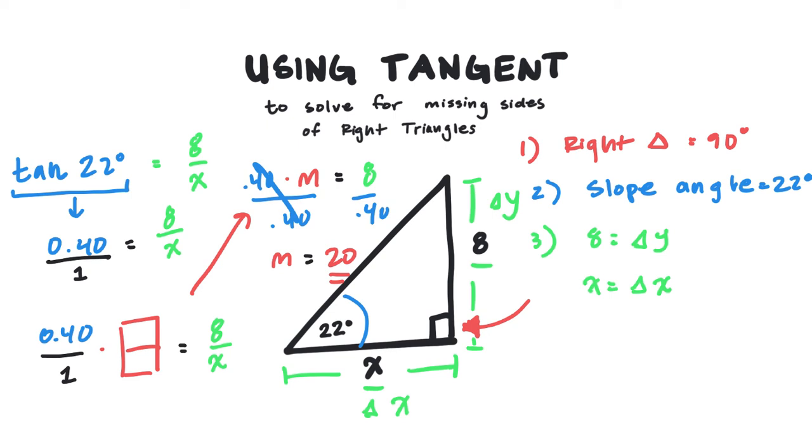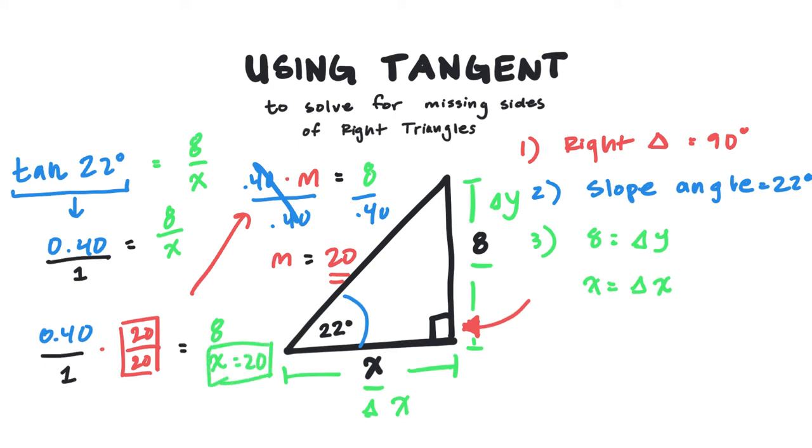That means that to go from our slope ratio of 0.4 to 8, we must multiply that side 20 times. This also means that to go from our slope delta x of 1, we must also multiply that by 20. So that gets us to 1 times 20 equals 20,